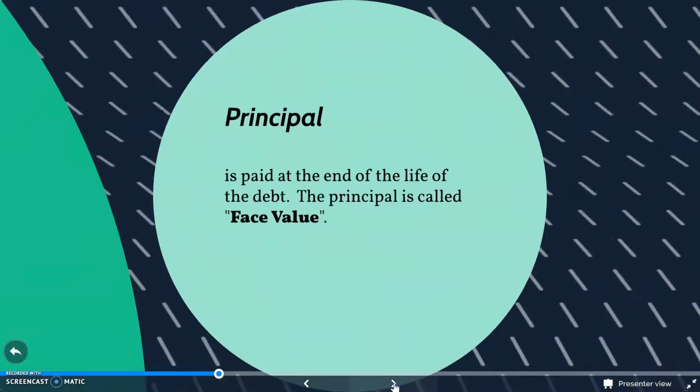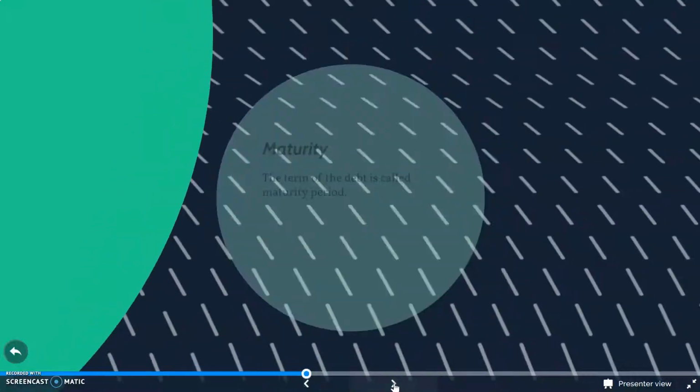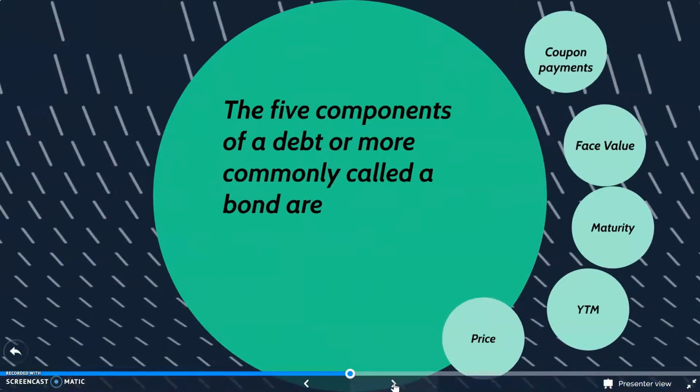Principal is paid at the end of the life of the debt. This principal is also called the face value of the debt. The life or the term of the debt is called maturity period. So essentially, there are 5 components of a debt, or more commonly called a bond, and they are called